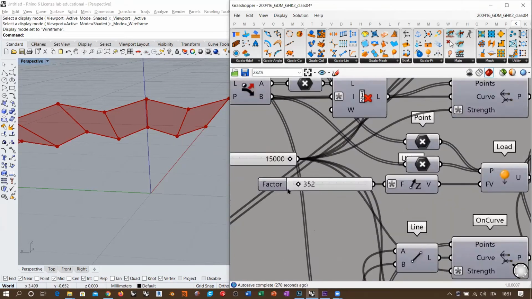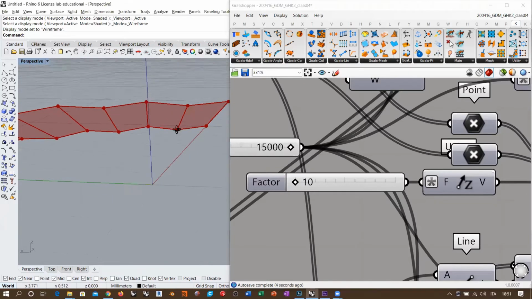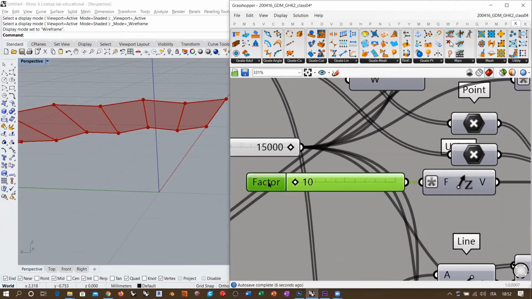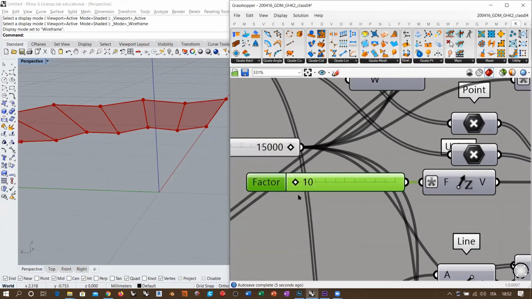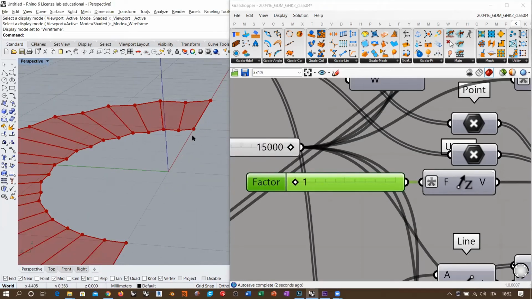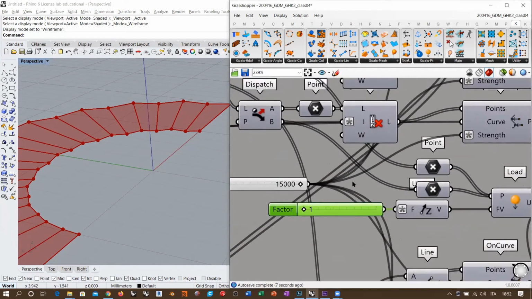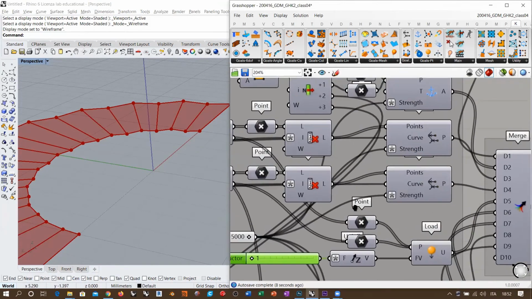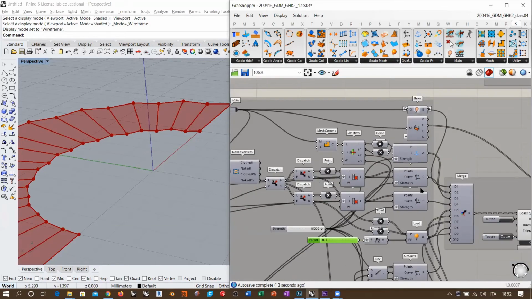And in this case, for example, what I would do is try lowering this value here in order to give a very small value to the load. So in this case, you see that if I reduce this to, for example, 1, what we are doing is avoiding an exaggerated deformation for this system. Also, what you can do eventually, if you see this kind of behavior, is increase the strength of our